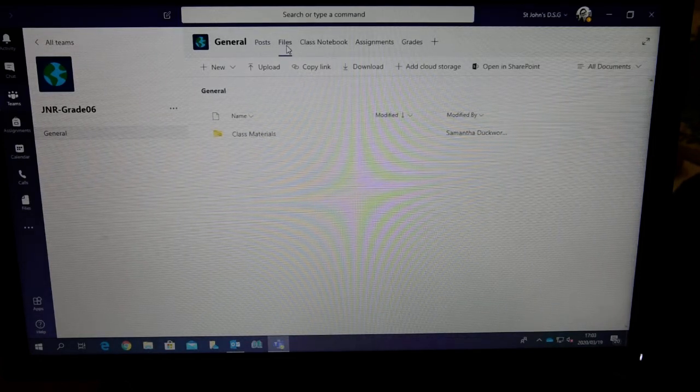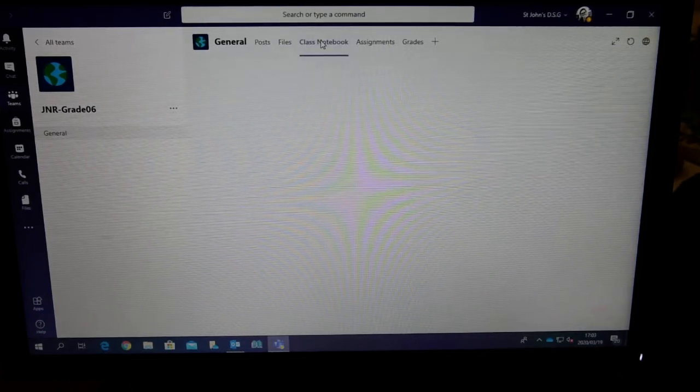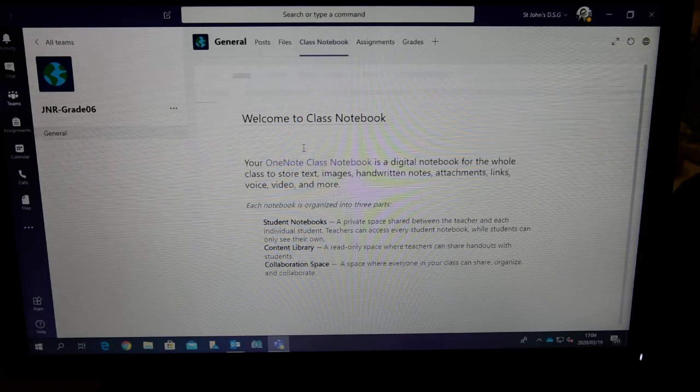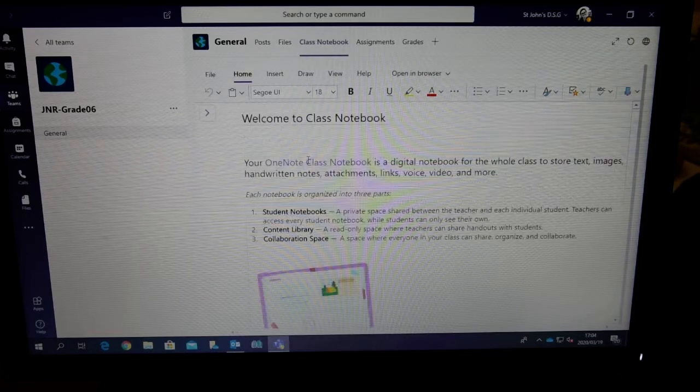Files, which isn't really important, but it's basically where all the things that you post and upload will be stored. And class notebook. Now, class notebook is where we recommend that most of your work is done. It's an area that has 3 parts to it. The 3 parts, as you can see when you open the student notebook, are student notebooks, content library, and collaboration